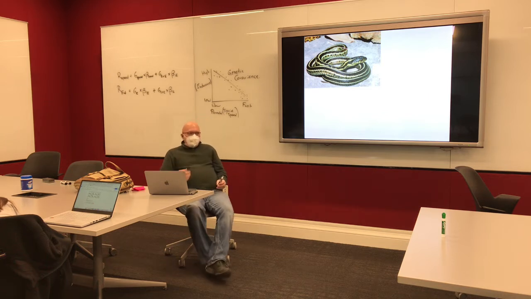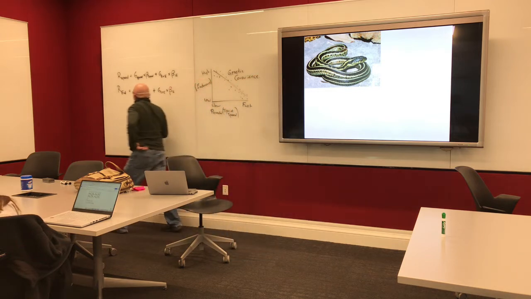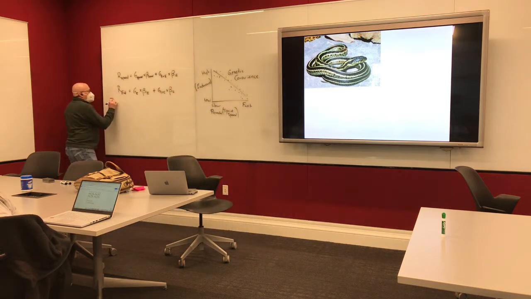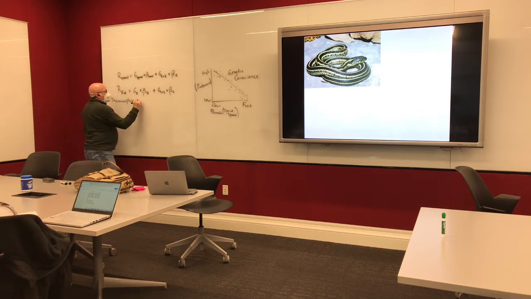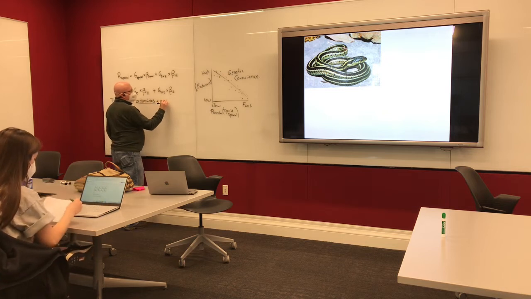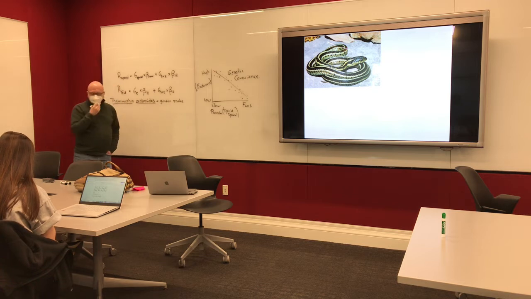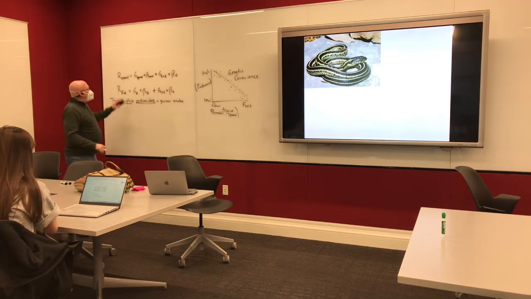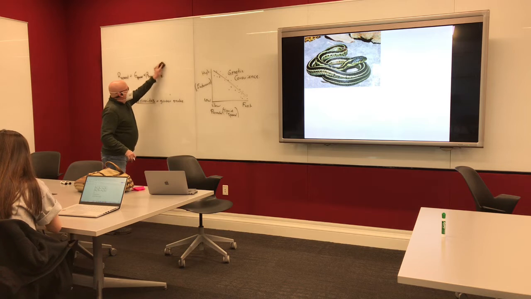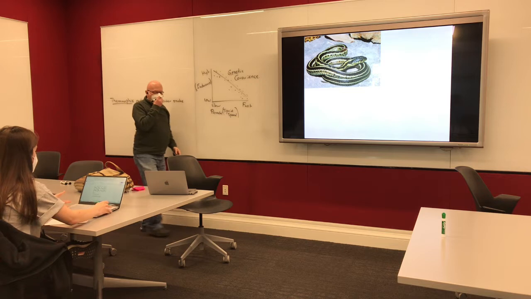In Oregon, there is a species of snake called Thamnophis ordinoides. This is a type of garter snake that occurs in the Pacific Northwest. He was interested in this snake because